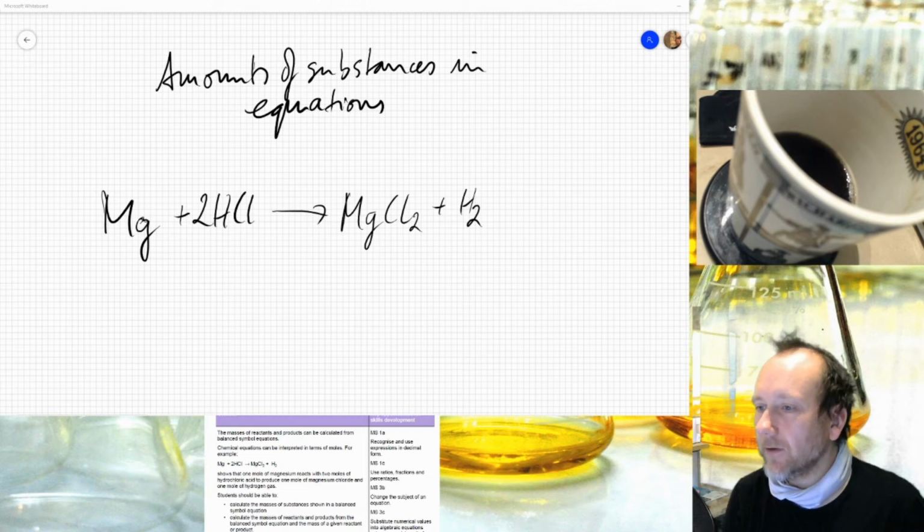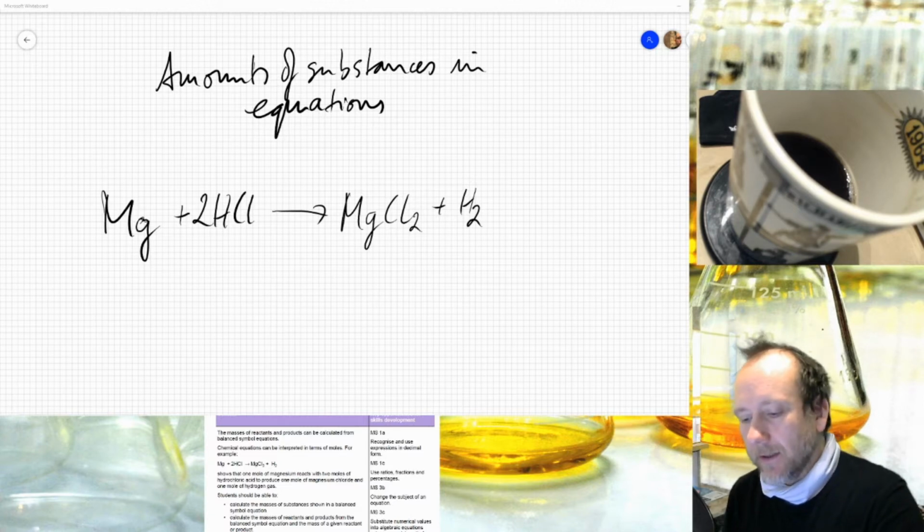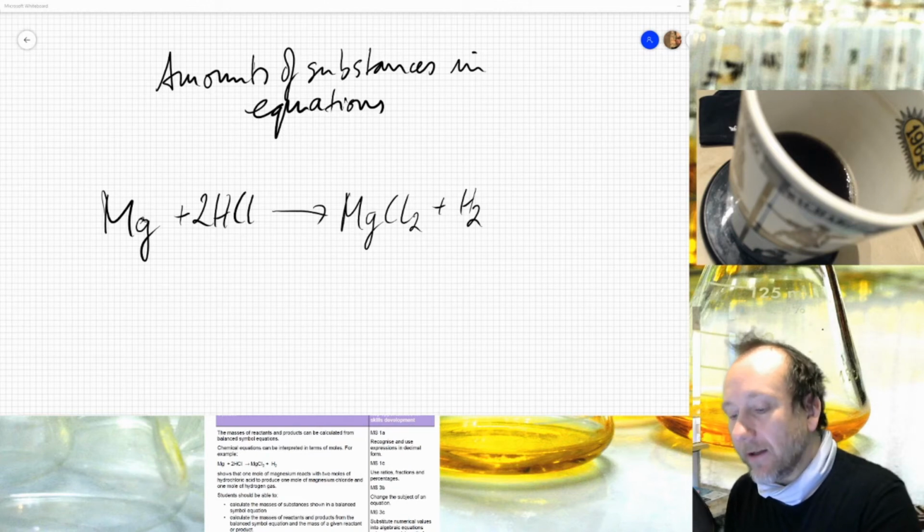Hello, my name is Dr. Gleisner, and I'm talking about amounts of substances in equations, which is mainly for higher tier, but it's not that difficult. Okay, so the first thing that you've got to do when you are faced with calculating masses in an equation